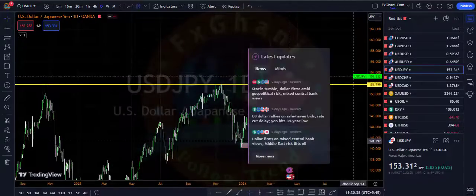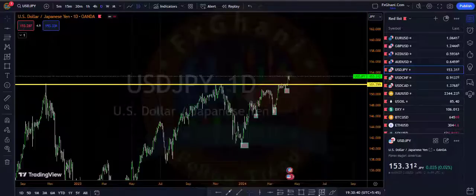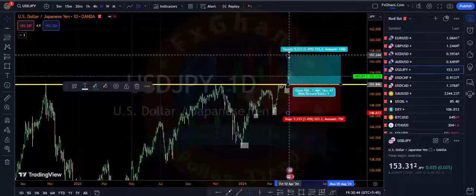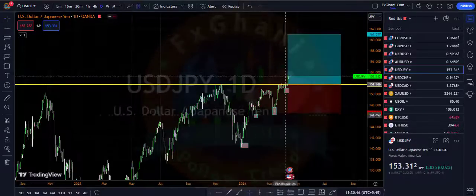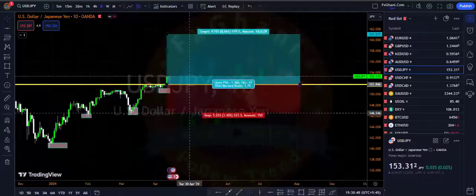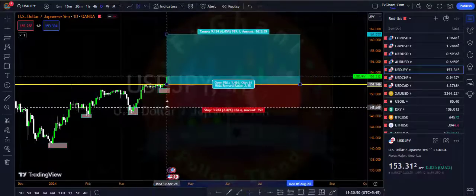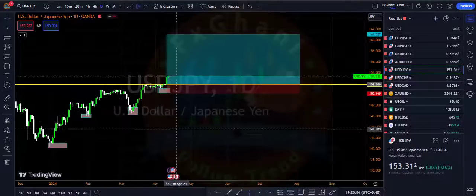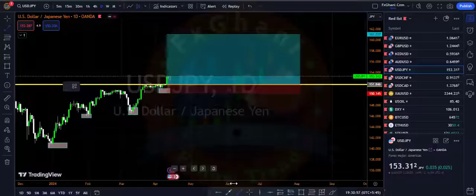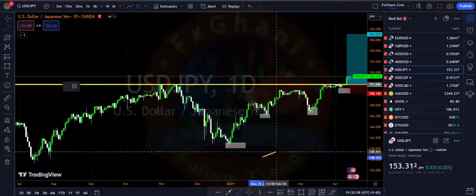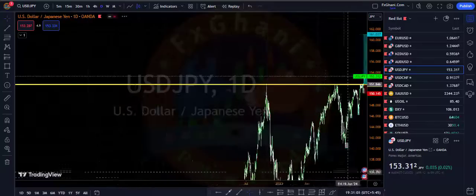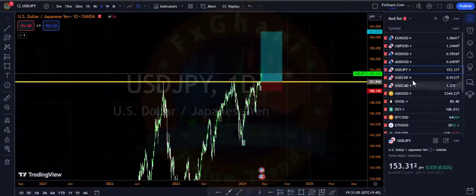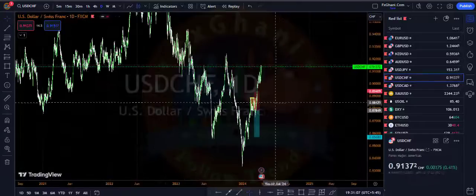Okay, so where is our setup? Long position, and here we go, 160, and your SL for this trade in USD JPY is a recent low, like 150 is your SL. Okay, because prices break a resistance level and now it's going upward in USD JPY. Next is